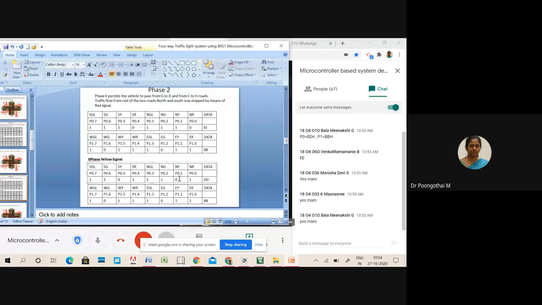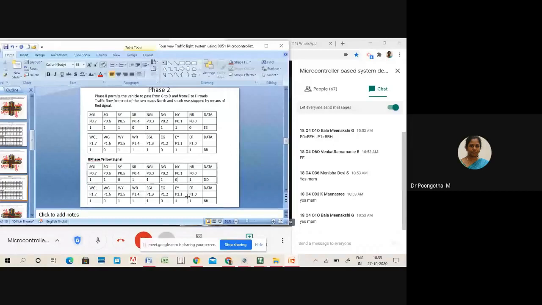So changing the red signal to the yellow signal, this should be 1 and this should be 0. Similarly, south red should be 1 and yellow should be 0. So in this sequence, north yellow and south yellow should be turned on. And the green signal will remain the same.